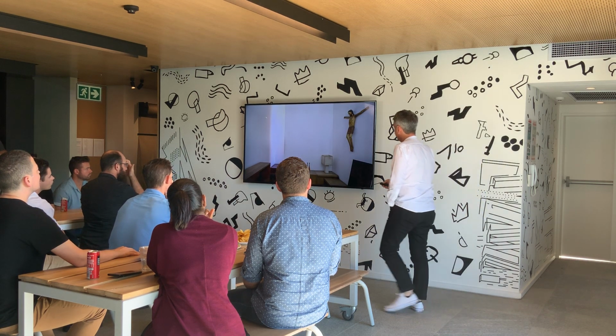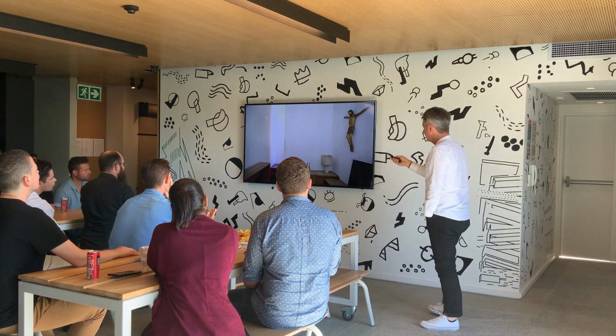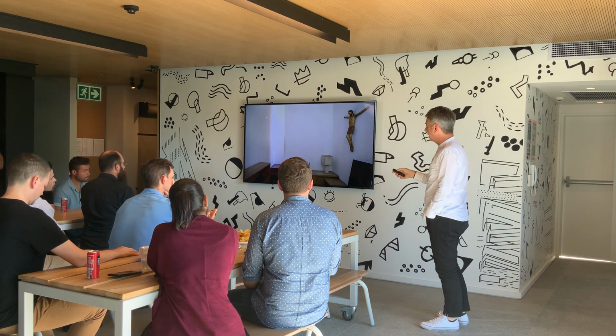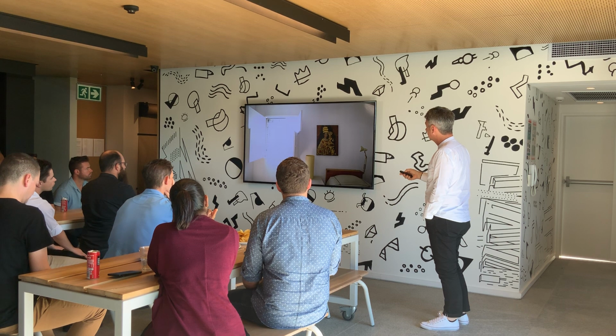This is the stairway up to the roof here. This is an incredibly narrow space. You have a suggestion that there's something quite interesting up there because the light's coming into that slot. A